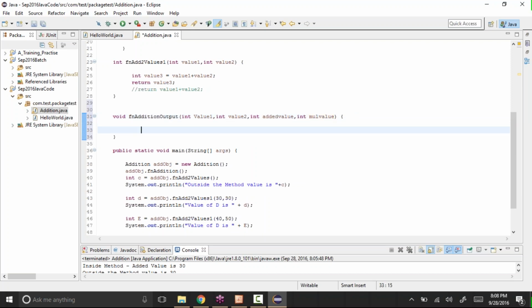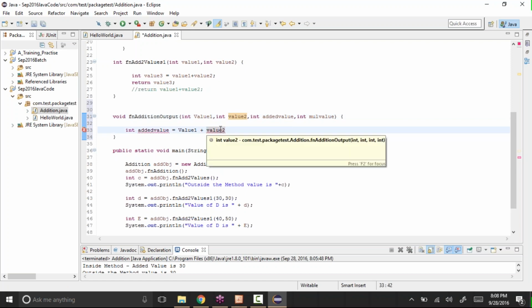Let's say int added value 1 equal to value 1 plus value 2, whatever we are getting from there.